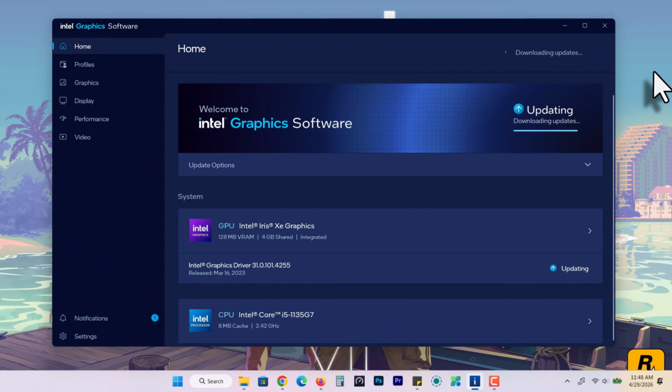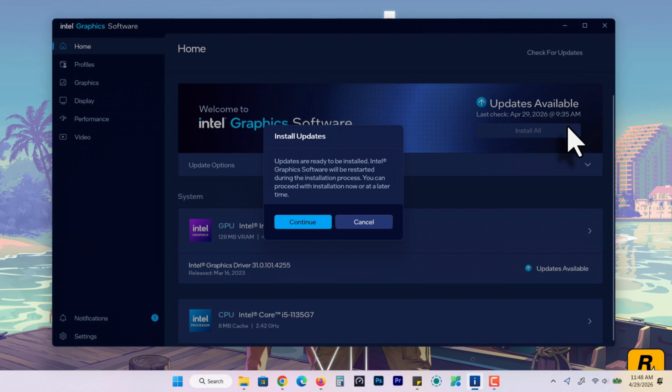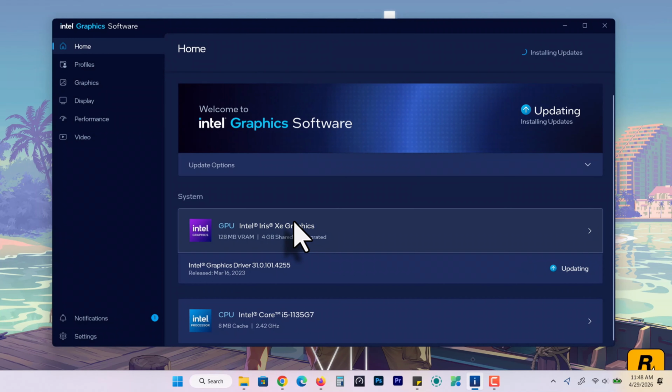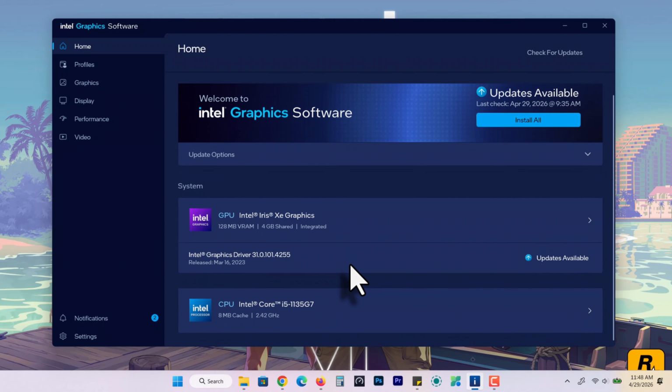Hello everyone, in this video I'm going to show you how you can update to the latest Intel graphics software and how you can easily check important information such as your OpenCL version and other detailed graphics specifications. So as you can see, when I run Intel graphics software, it quickly detects the latest update available, and with